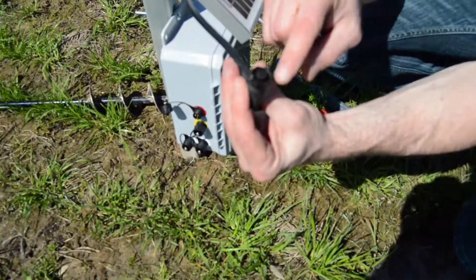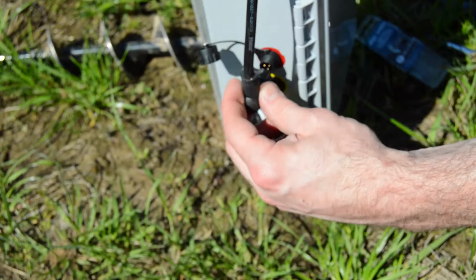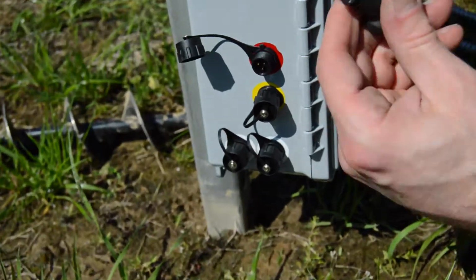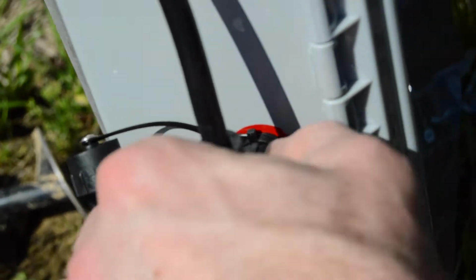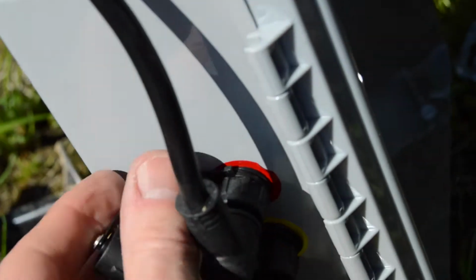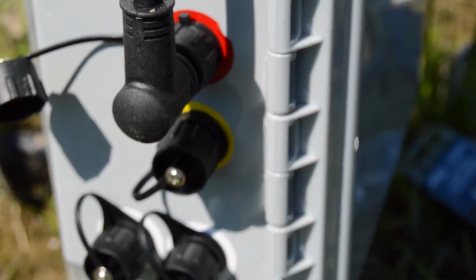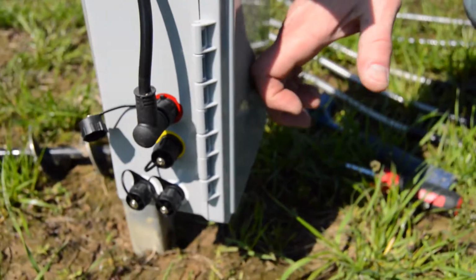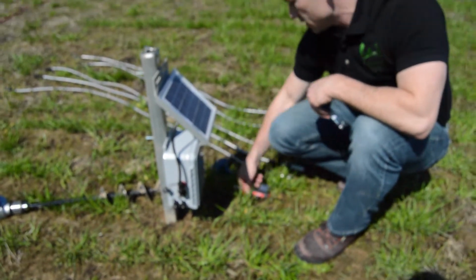You can see the quick connect. This has three holes there, and those fit into the power port there. So I'm going to just snap it. There it goes, and just screw it in. It's really that easy. So it's hand tight. This is the protective cap. It can just sit there to the side. So the next thing, now that we've got the unit installed and the solar panel mounted and connected to the box, is to go ahead